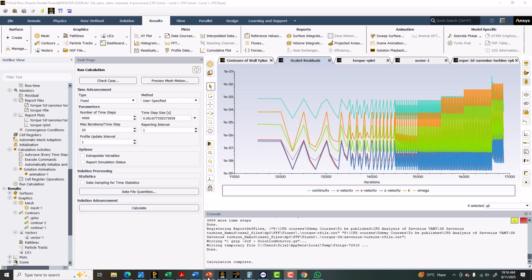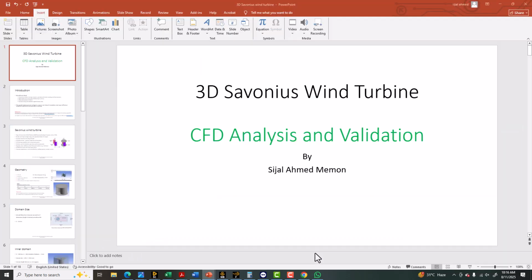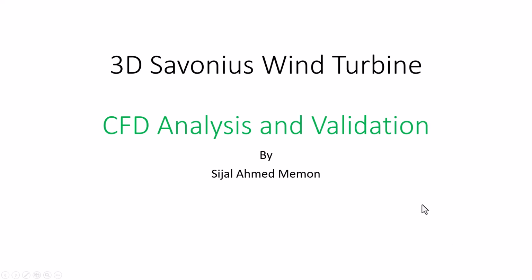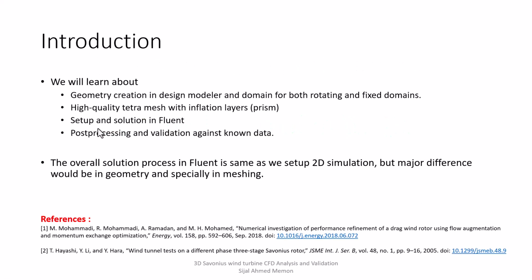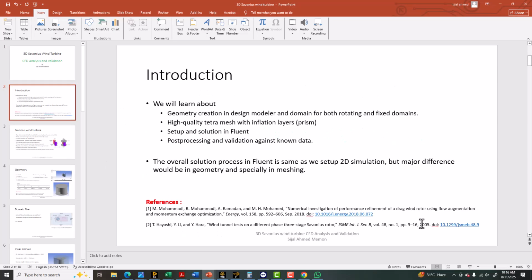Hello everyone, we are starting a course on the 3D Savonius wind turbine, and in this course I will provide you the complete details of the CFD analysis and also validation with the well-known data from a good journal. If you go through the data, the original reference is from 2005, but the latest reference is 2018. And this reference, if we go to this one, you can see here